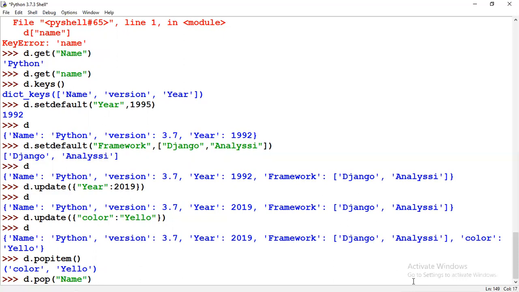It won't remove Python. After some time, Python doesn't know what its pair is, so it will remove both the elements and they get removed from the dictionary.